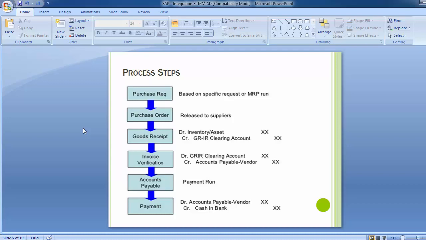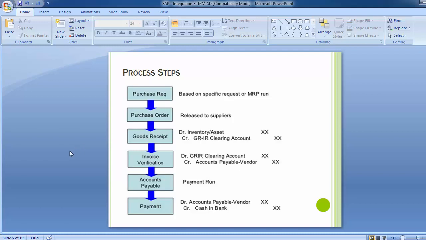The financial impacts start from the third process, that is the goods receipt. So once goods are received into the SAP system, or into the organization, the system generates the accounting entry, and that is in front of your screen. The inventory account is debited and the GRIR clearing account gets credited.